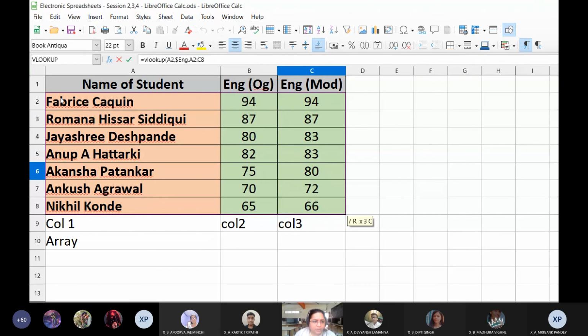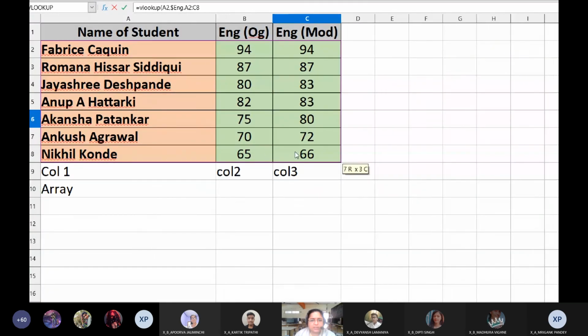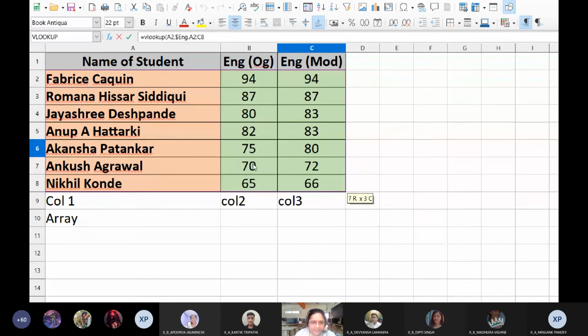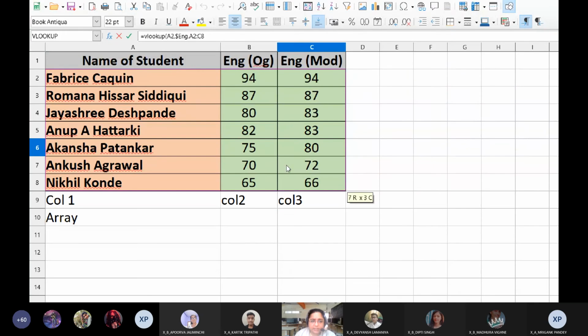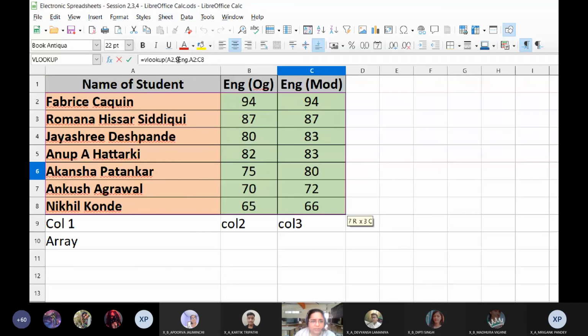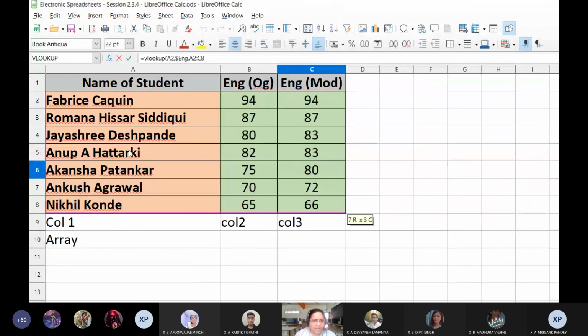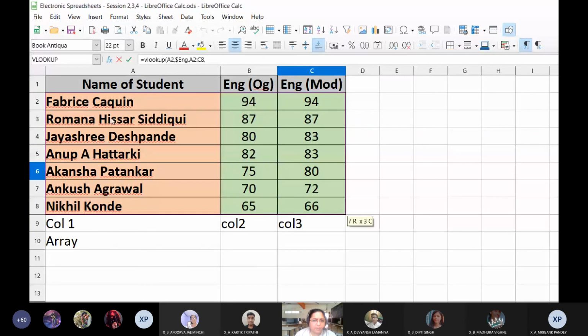And so you are going to select only this part, starting from A2 to C8. You will exclude the header row here. And you can see in the formula bar also that I selected this using the mouse, so you got the address automatically, $English.A2:C8. $English means worksheet English, and within that, this particular cell range, right? Now, here itself, I'll press comma, and you can see in the formula bar, comma is inserted.